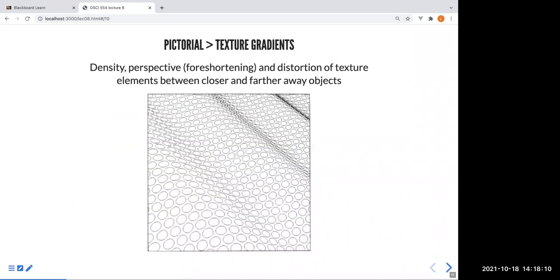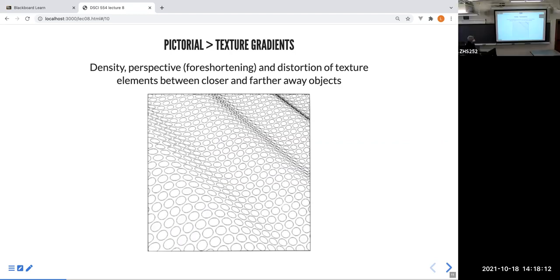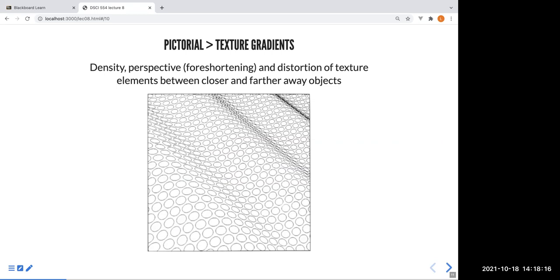The way things are seen in terms of texture is also another clue. So here you see the illusion of 3D. Who knows what is happening? That is just created by the fact that the texture is set up so that